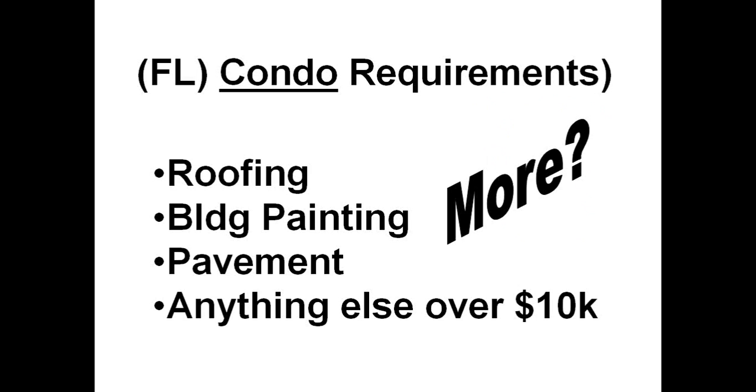Oh, that's interesting, because that is really just the starting point. An association shouldn't just stop at this short list that's set forth in the statute. And the bottom line is that reserves are needed by associations, for both condos, HOAs, and cooperatives, for major projects that cannot be absorbed by the annual operating budget. If it's a major capital project and doesn't appear in the operating budget, on a practical level, in addition to meeting the statutory requirements, the association should be budgeting for those as well.